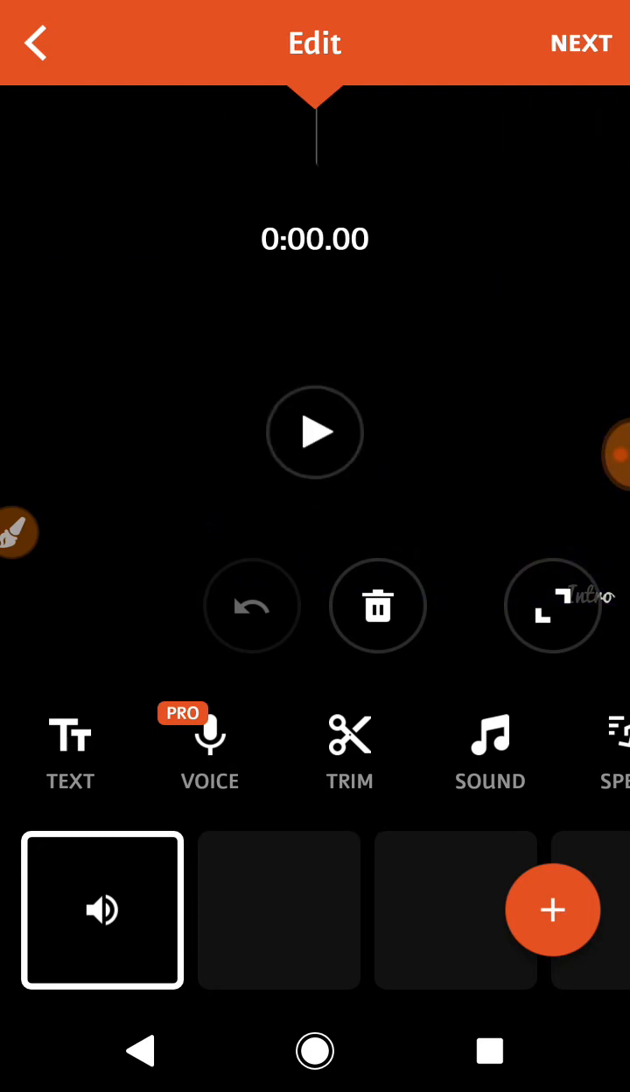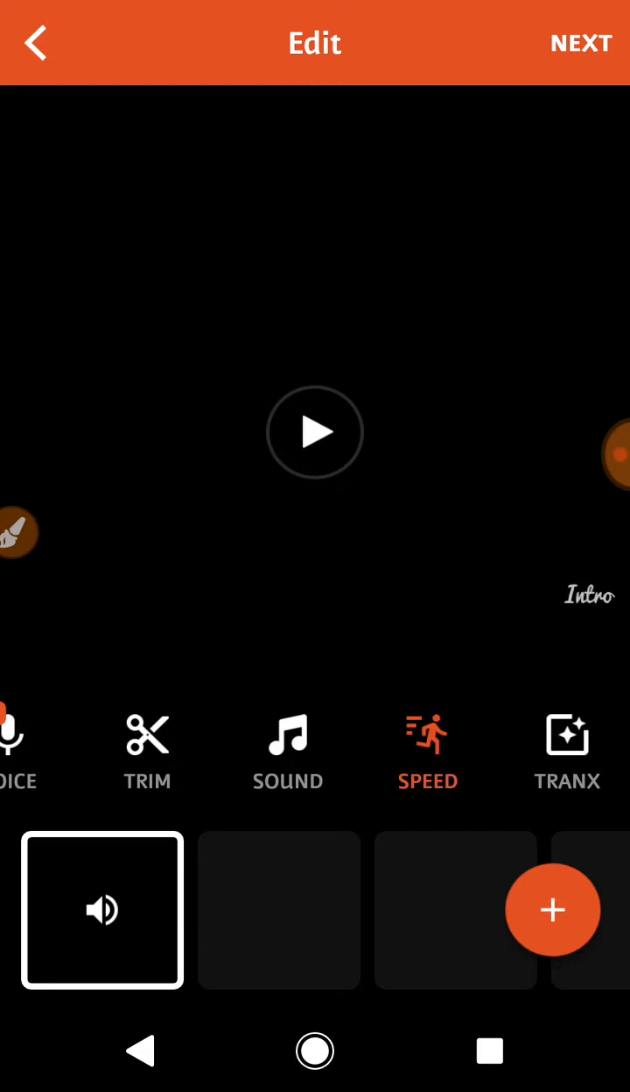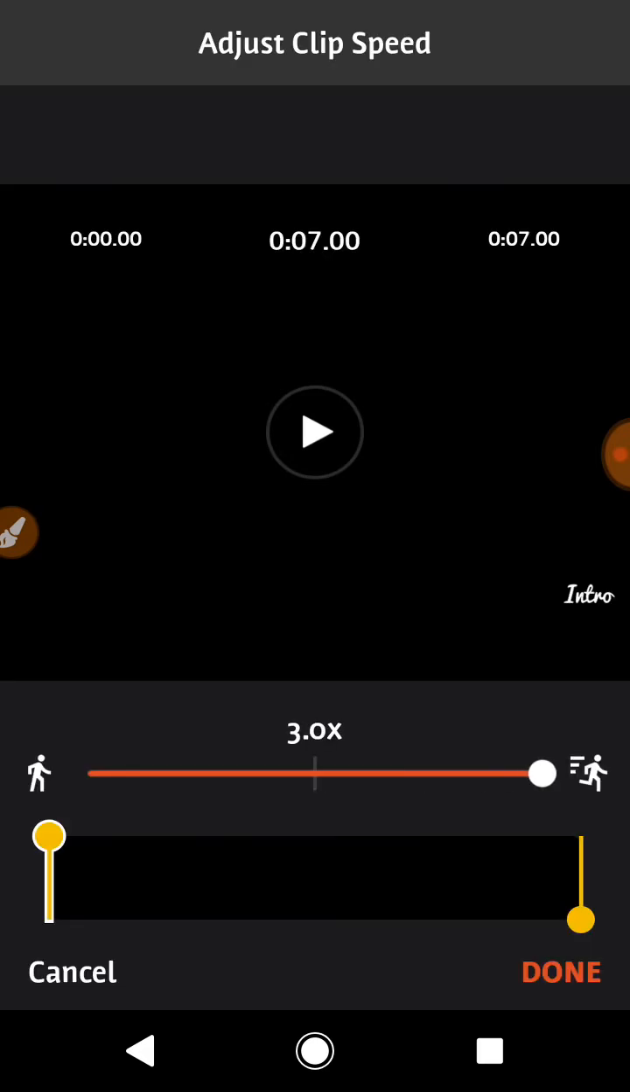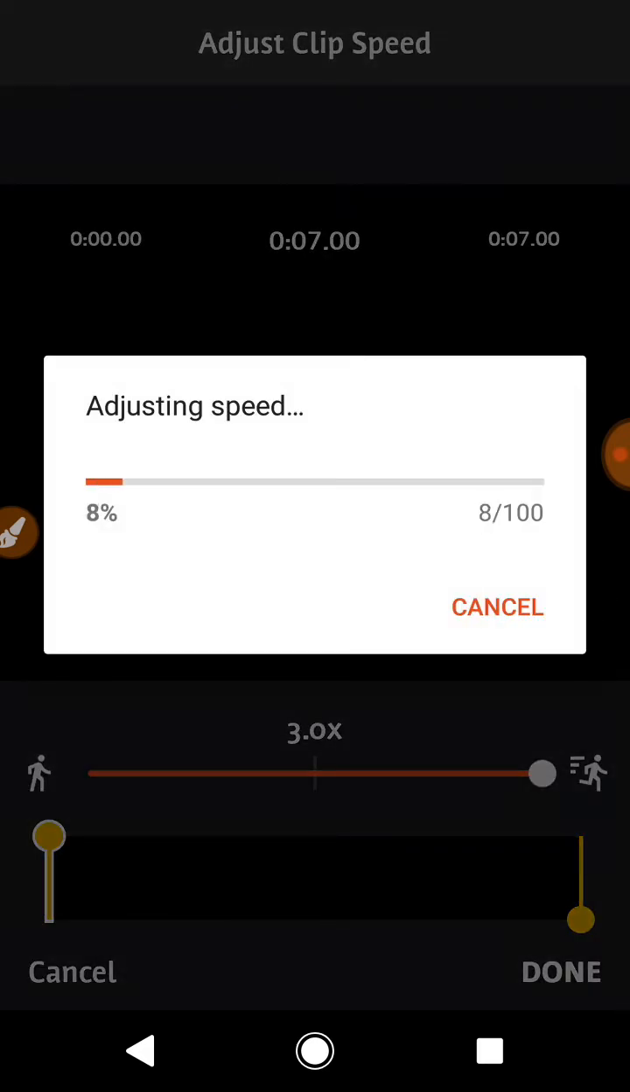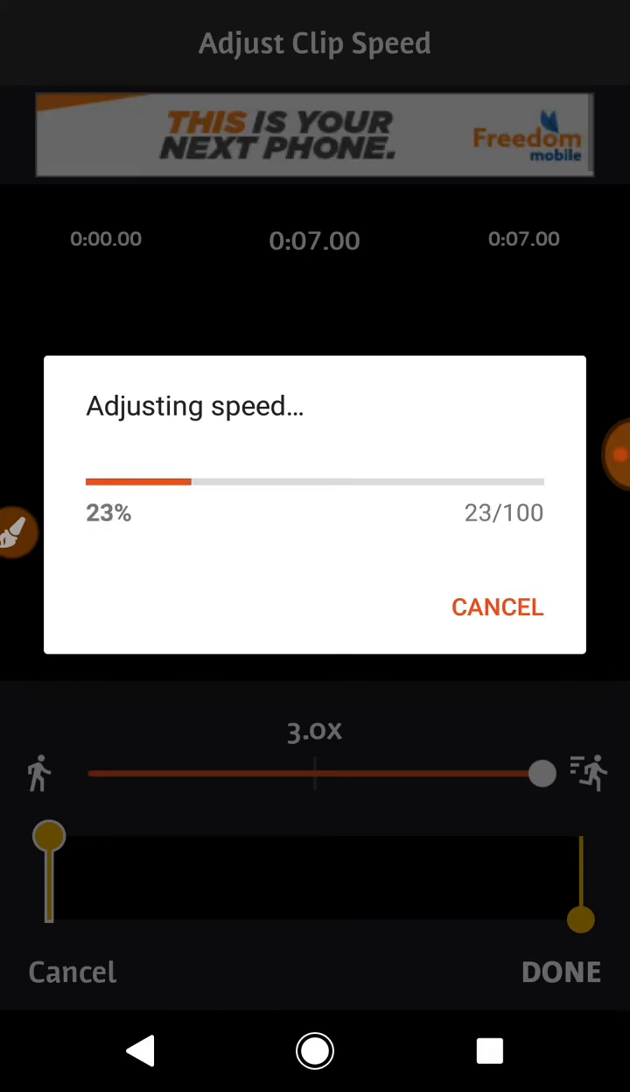Yeah, and then you can also make it speed a little bit more spicy. You have to go spicy with it. And then